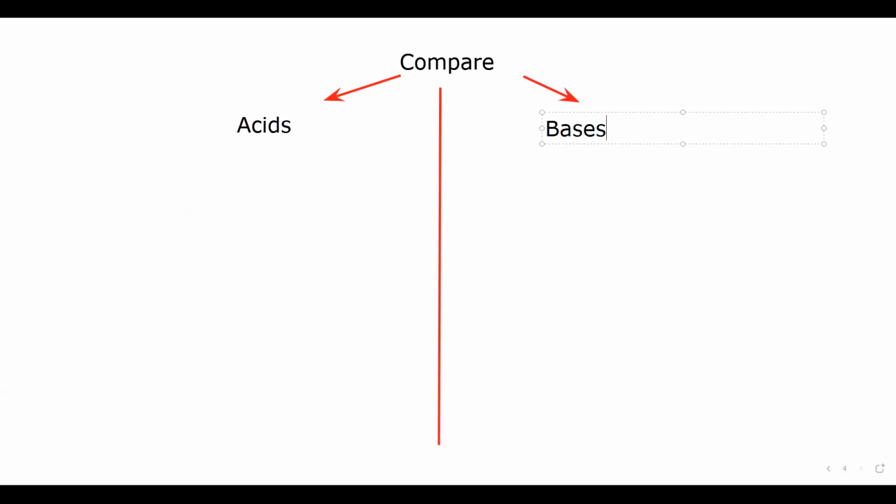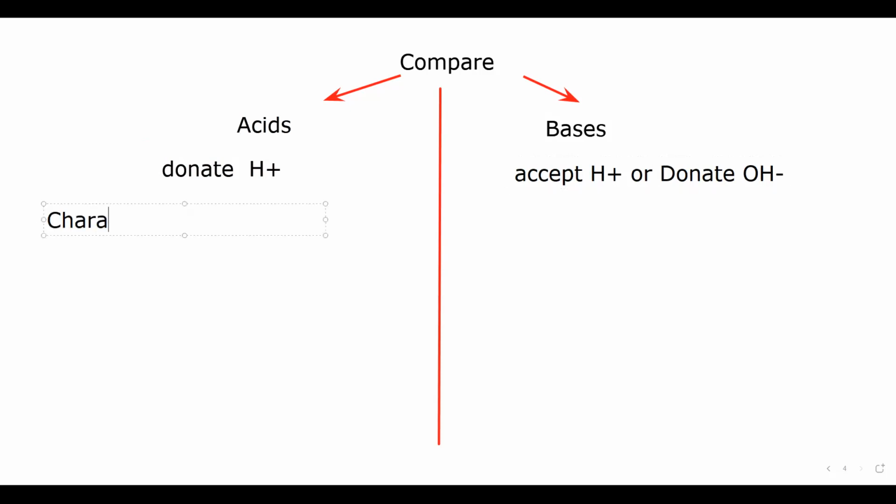So acid, the definition of acid: they are proton donors. They donate H plus ion. What is a base? They accept H plus ion or donate OH ion. Then when we compare the characteristics, so first one, when acid is there,